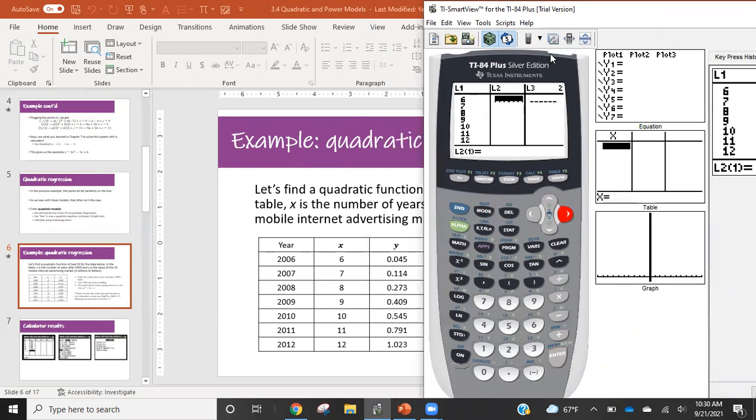And then for my Y values, I have 0.045, 0.114, 0.273, 0.409, 0.545, 0.791, and 1.023. Calculator catch up. This emulator is great, except it's not quite as fast as what we would see on a real calculator. Now, once that data is there, we can say